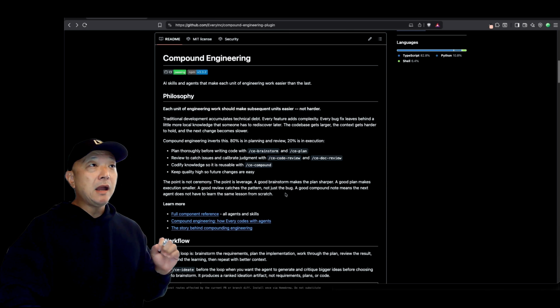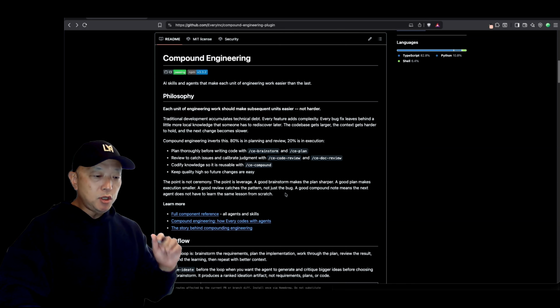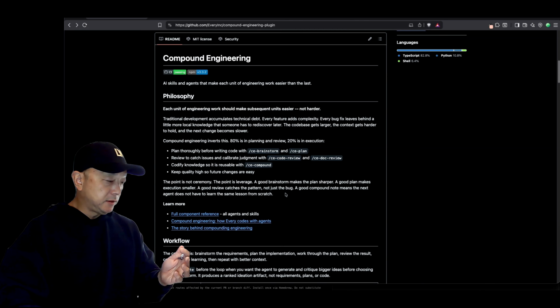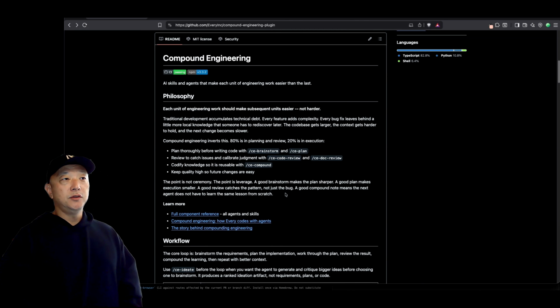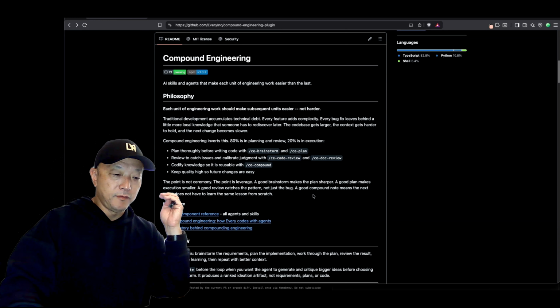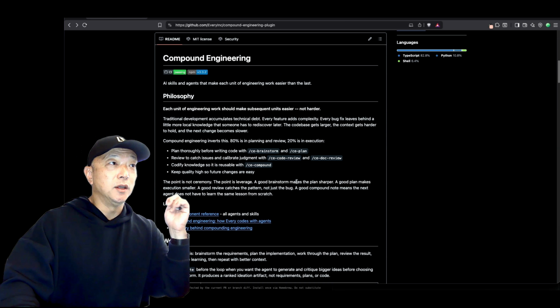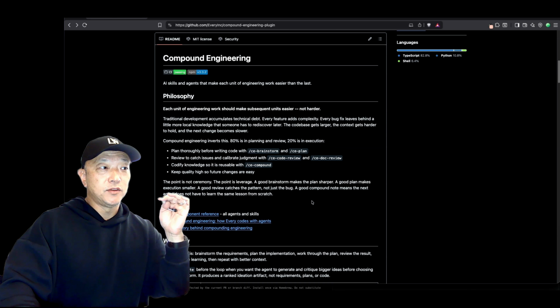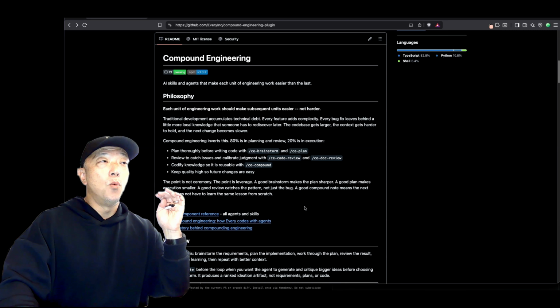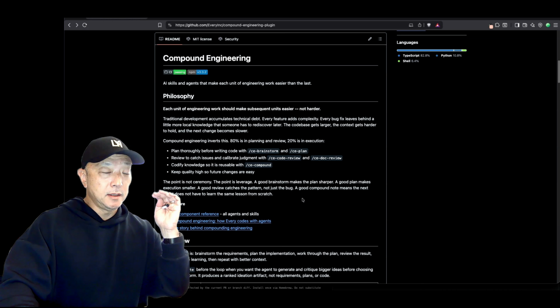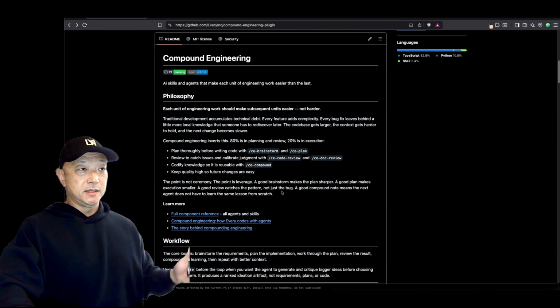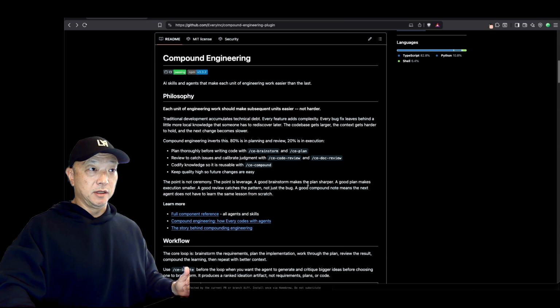However, we now are looking at a similar plugin called Compound Engineering. This is a plugin that one of my community members turned me on to, and I've been testing it out on a few projects, and it's really, really good. So I want to show you guys this and how I currently set this up for one of my projects inside of Visual Studio Code and how I'm using that to implement the functionality as I'm building out a specific